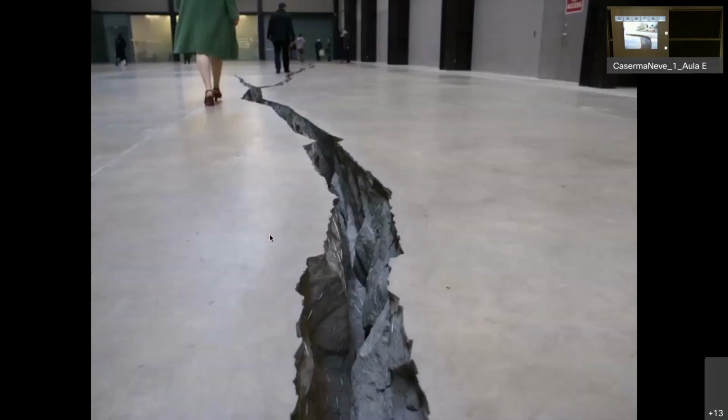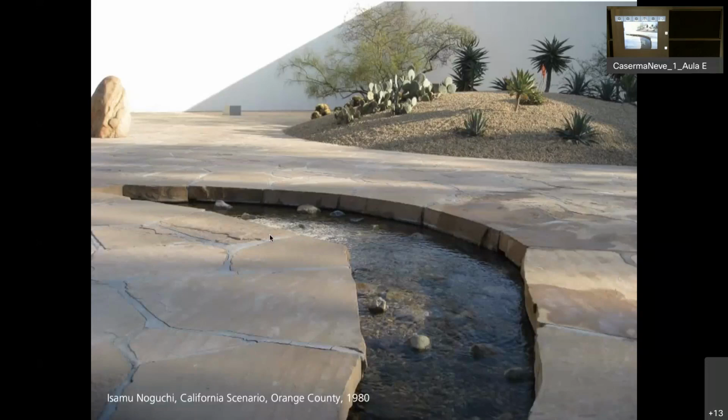And this brings us back actually to some of the works by Noguchi. As I told you, we would have introduced this figure. It is quite important, as much as Burle Marx. I decided not to devote a single lecture to Noguchi. Maybe I could have, but of course we couldn't do everything in the course because we don't have time. Anyway, Noguchi is very important, and